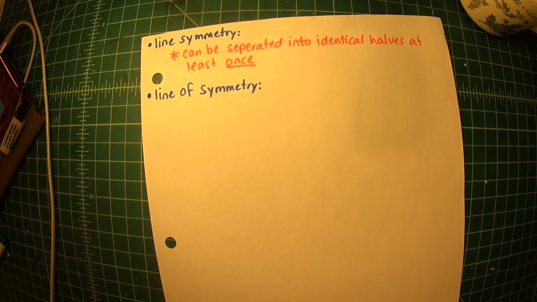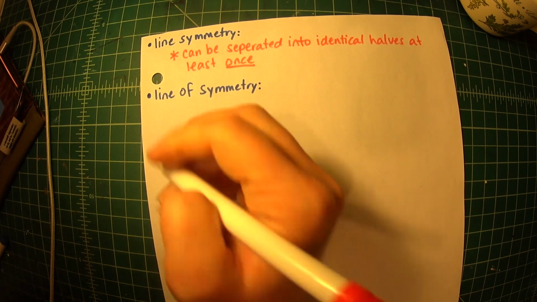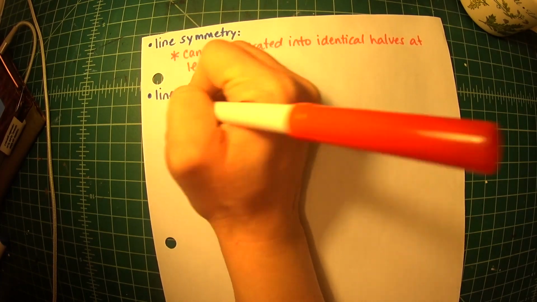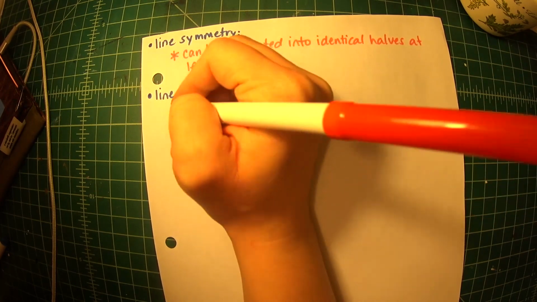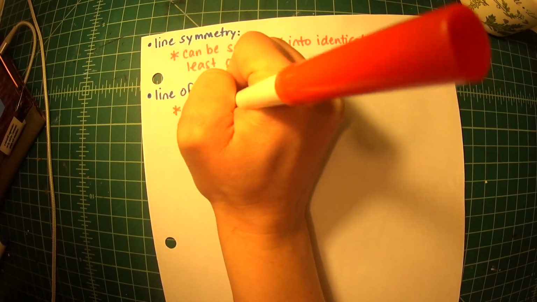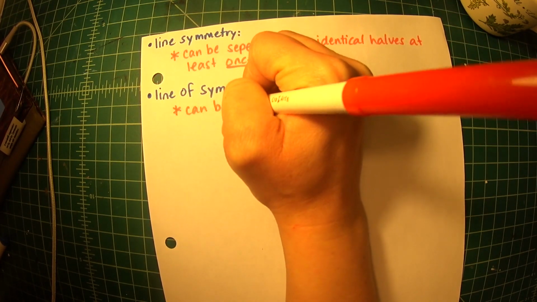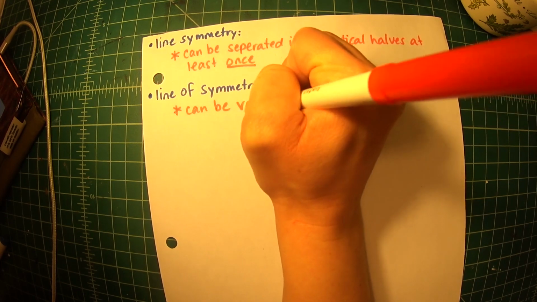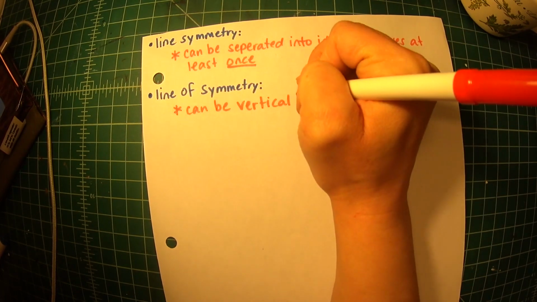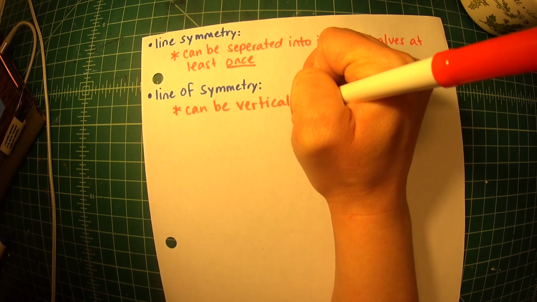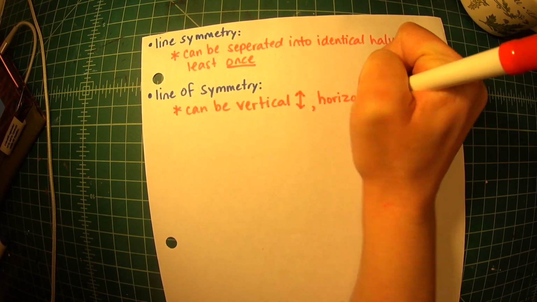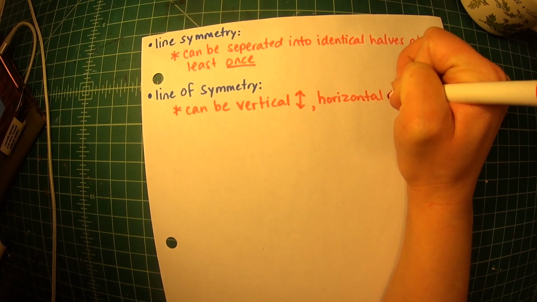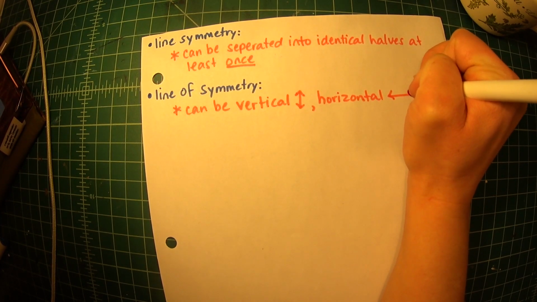And underneath your definition for line of symmetry, let's just put a starred point here that notes that a line of symmetry can be vertical, which just means up and down, horizontal, which means side to side,